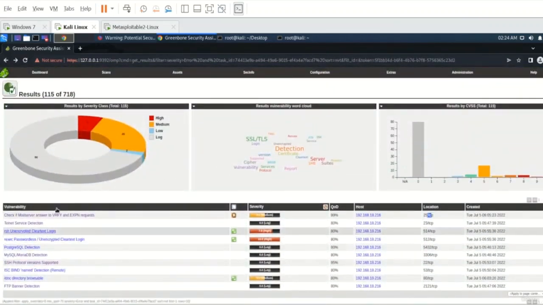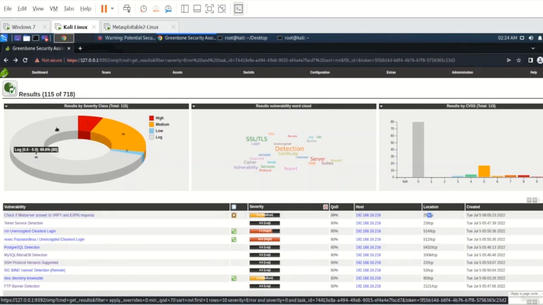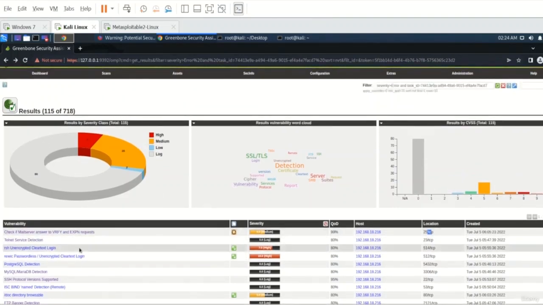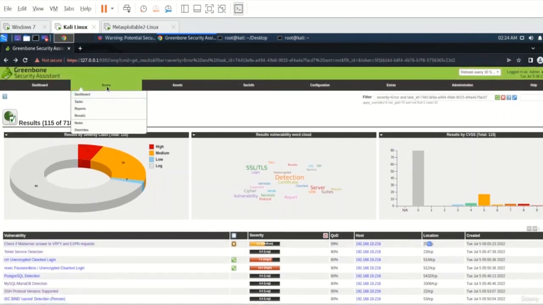Okay guys, from here you can see OpenVAS actually performs a very detailed scan against the target machine, and it will list all the possible vulnerabilities in the victim machine, and then you can also download all these vulnerabilities in a report. Okay guys, right now if I click on scan and then on the report option,